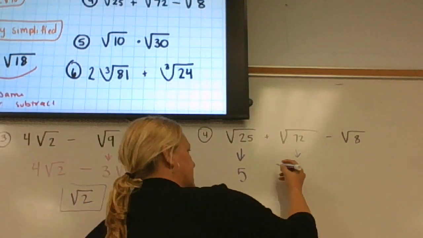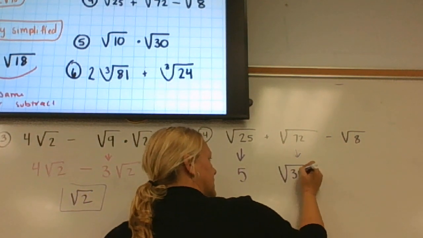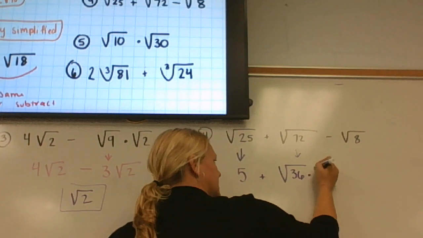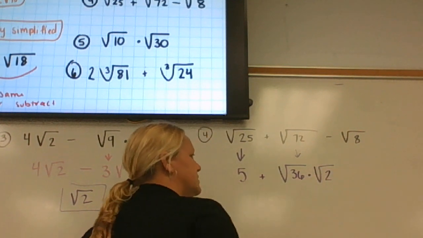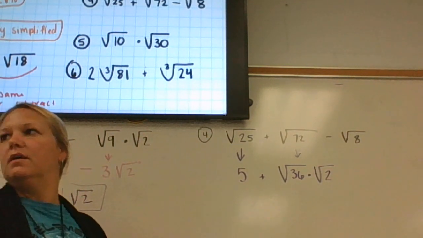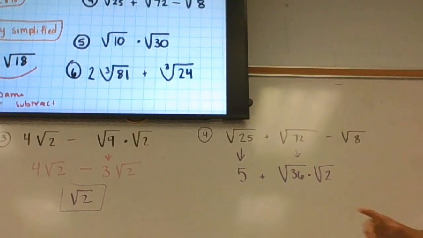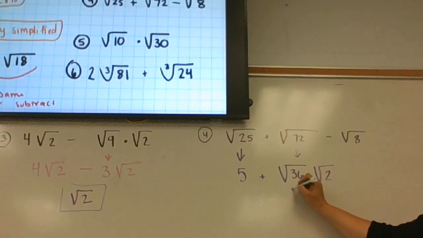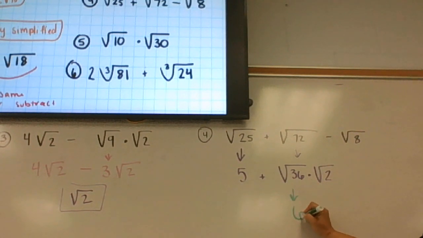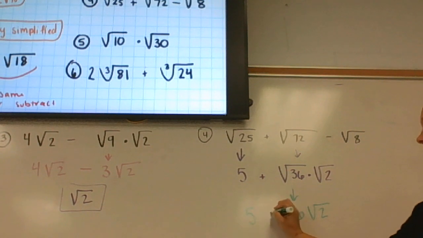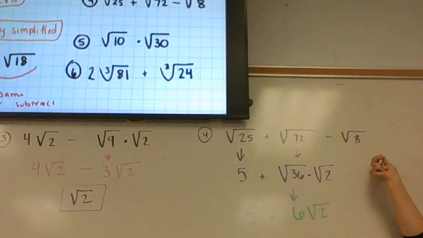So I'm going to rewrite this as 36 times 2. And what's the square root of 36? 6. That's baseline. You're supposed to walk in here first day and be able to square root 36. So this is 6 square root 2. The 5 is still there. Let's deal with the